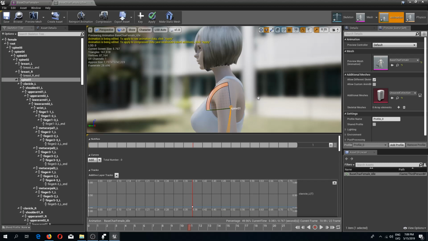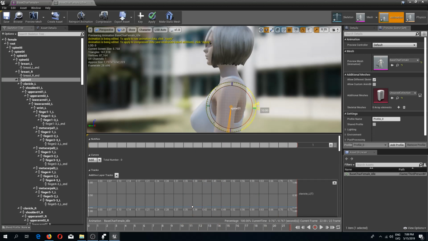Press S again, and it made it that way in the whole animation. So I need to go back to the first frame, rotate this back, S. So if we move now, we can see she's moving, and at the last frame also we need to move this back to the default position